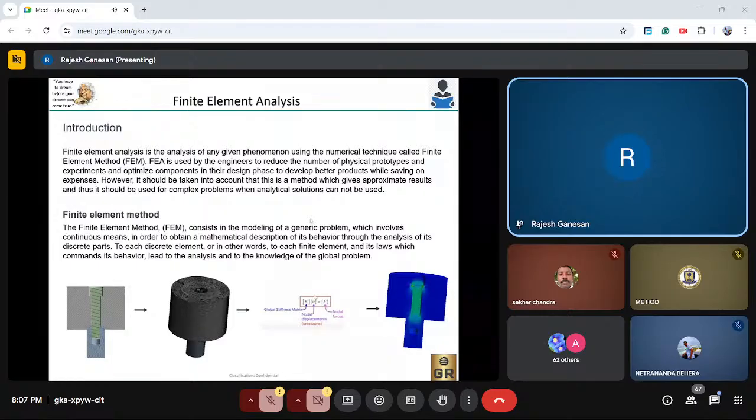So first thing, finite element analysis. I'm not going to read the complete paragraph or explain everything; I will just give you the key points so we can understand the things. So FEA, that is finite element analysis. How does the name come? Like the finite element method, we call it a numerical technique,